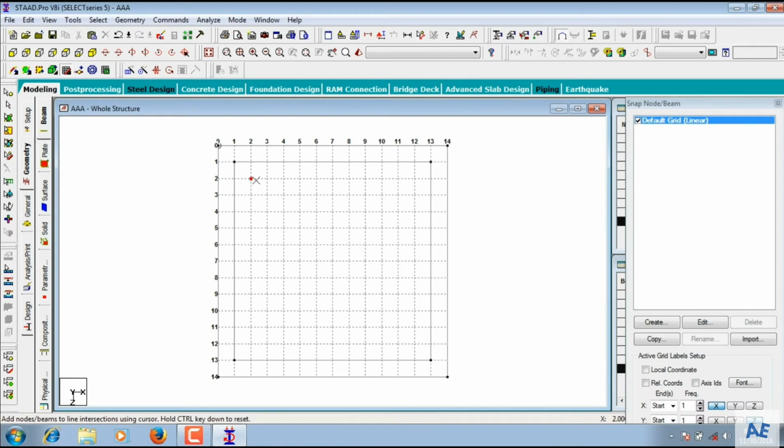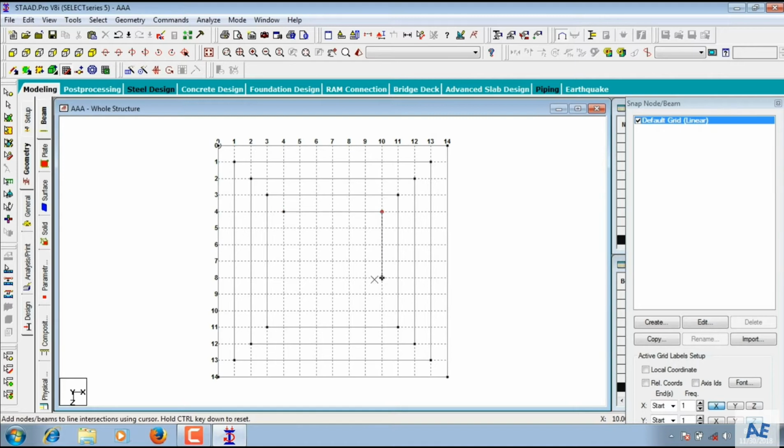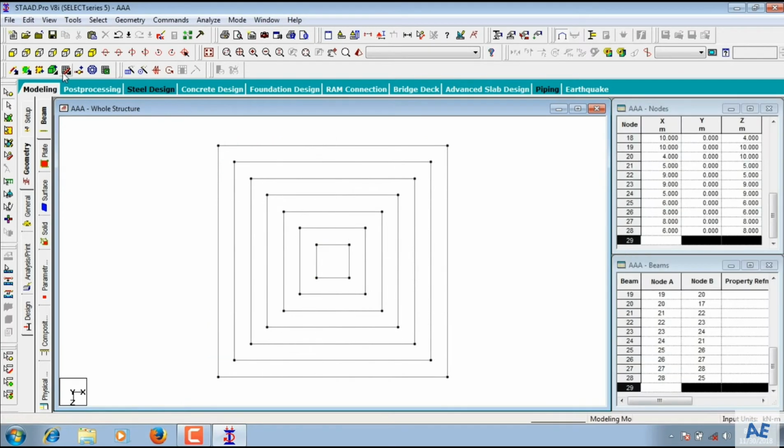In a similar way I am adding the beams. So finally we need to add the center point for the transmission tower.